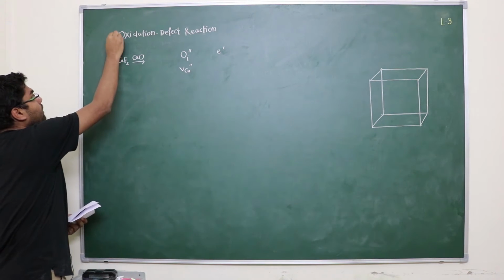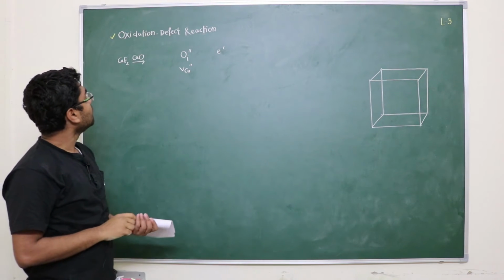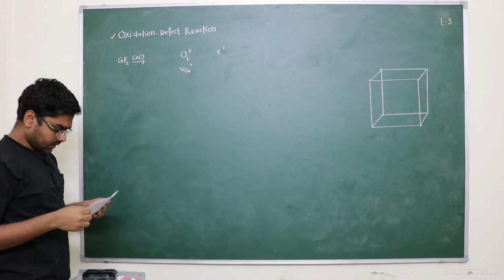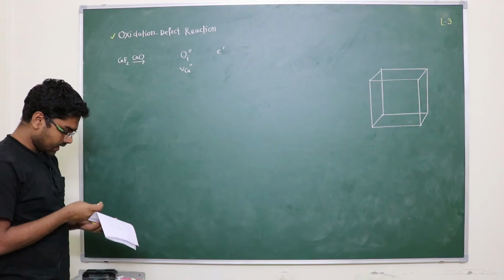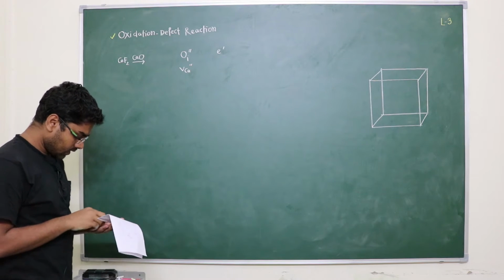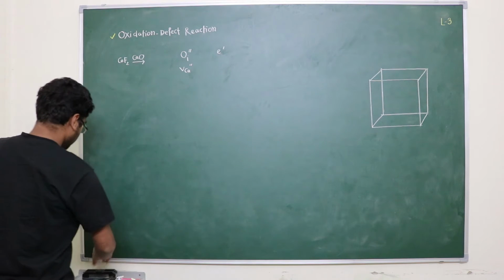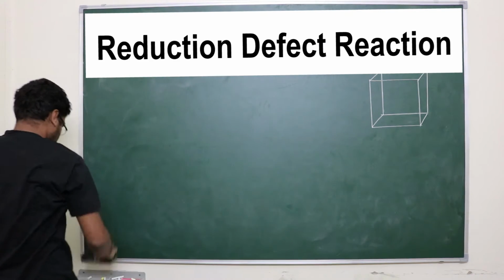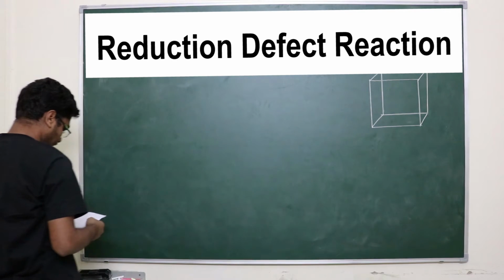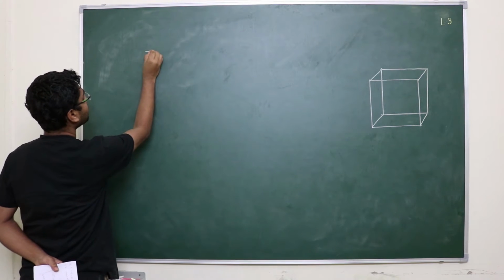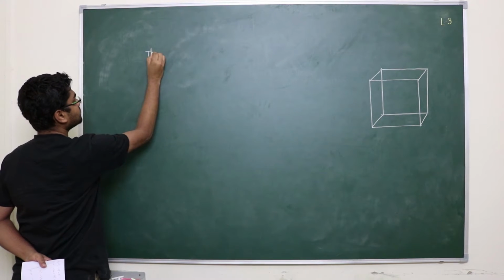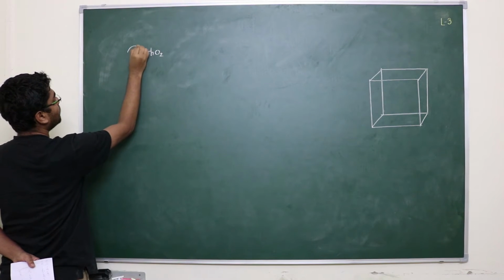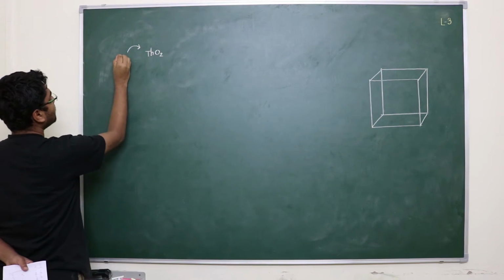Today we learn how to write the defect reaction, but reduction defect reaction, and let's take an example. So this was our last class. Let's say we have thorium oxide, ThO2, and we would like to dope CaO,